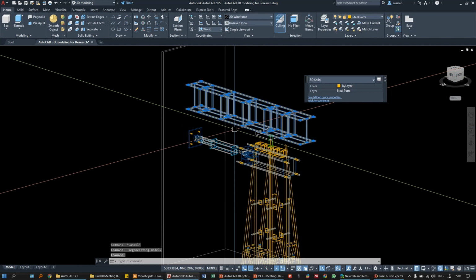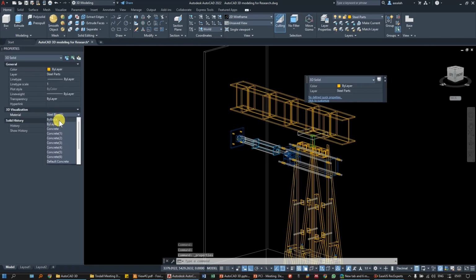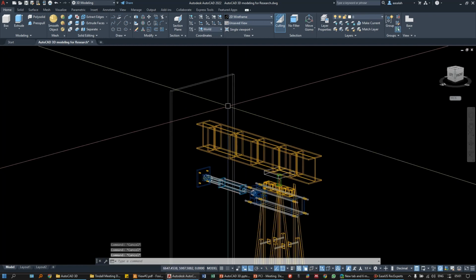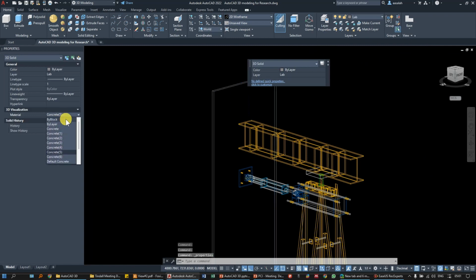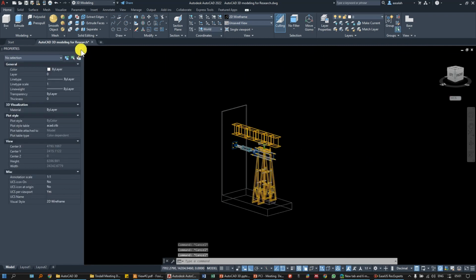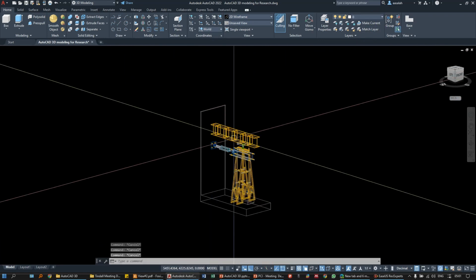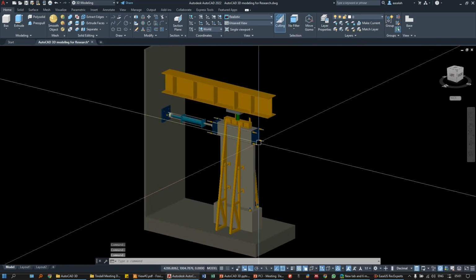For this one, let me just check the material. Steel blue. No, I'm gonna put it back to layer. I don't need any material for this. Properties, please go back to layer. So for this one, I think for the wool, I can keep it like this. Go back to realistic. As we can see,